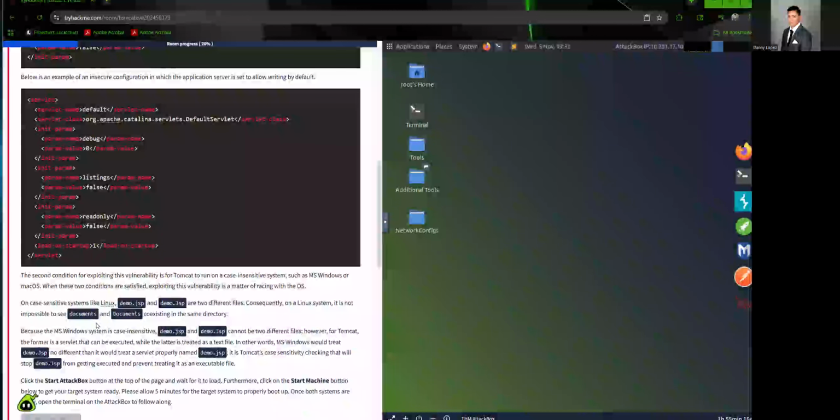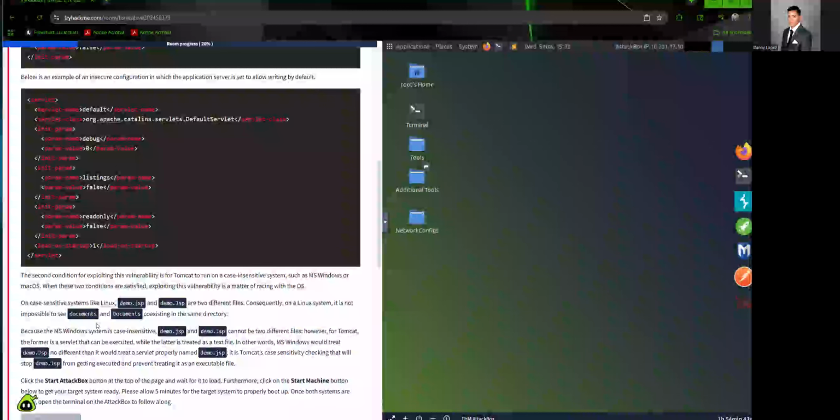On case-sensitive systems like Linux, demo.jsp and demo.JSP are two different files. Consequently, on Linux systems, it is not impossible to see such documents coexisting in the same directory. Because the MS Windows system is case insensitive, demo.jsp and demo.JSP can't be two different files. However, for Tomcat, the former is a servlet that can be executed, while the latter is treated as a text file.